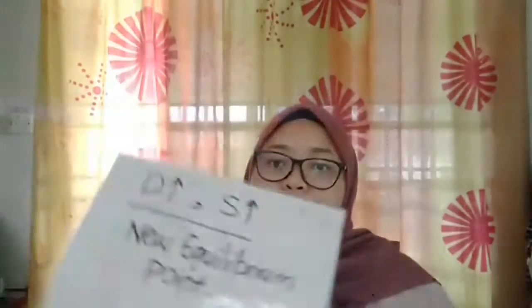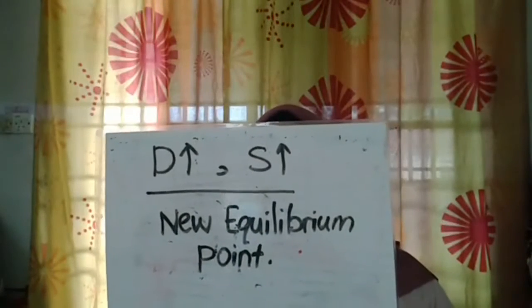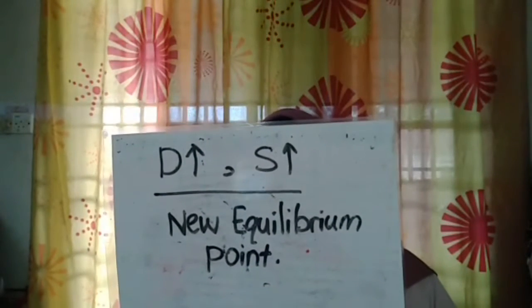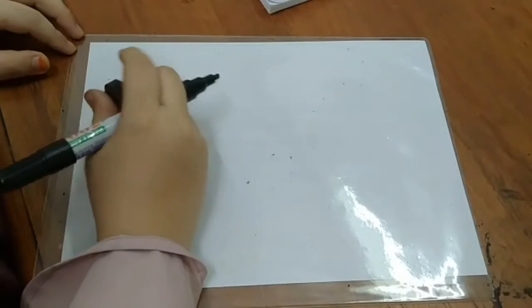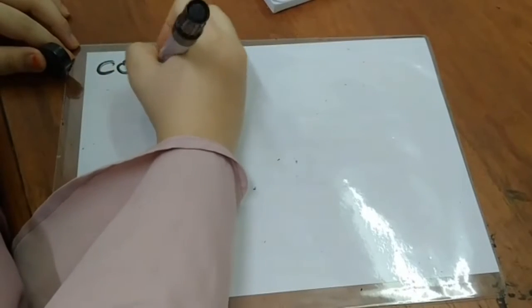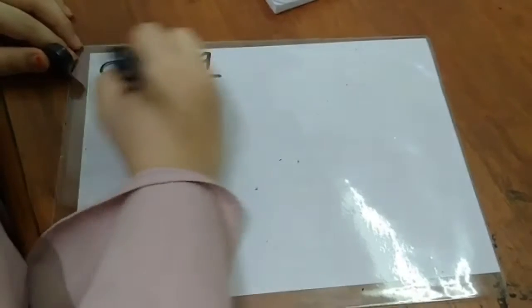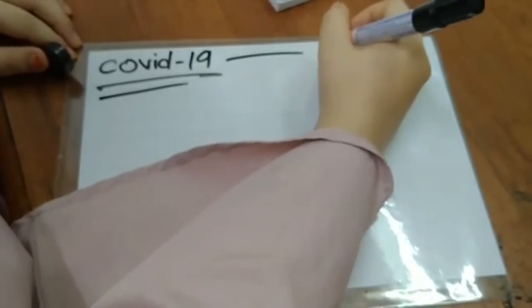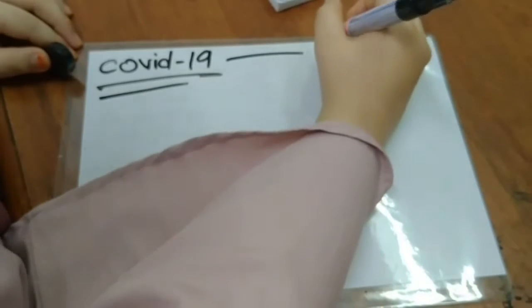A simultaneous increase in demand and supply will happen when both the demand and the supply are increasing. It may lead to a new equilibrium point. For the example, right now we have COVID-19, right? The COVID-19 pandemic. People around the world will search for tissue,